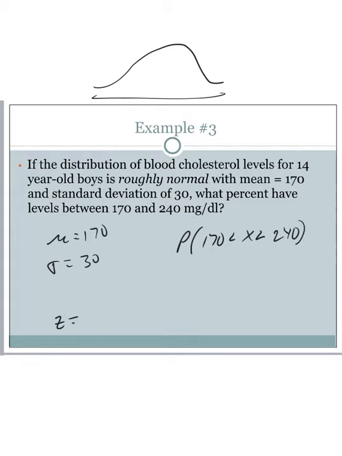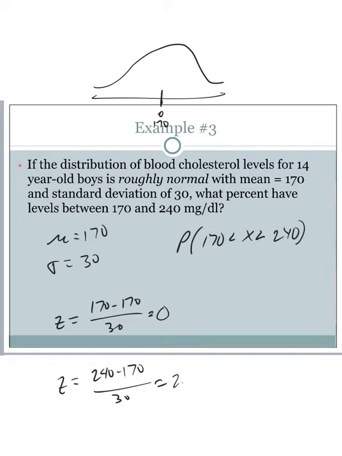So we naturally need to find two z-scores here. The first z-score is pretty easy, because it's 170, which is right at the mean, so that's dead center at 0. The second z-score here is 70 over 30, or approximately 2.33. So we are trying to find the probability that 0 is less than z, which is less than 2.33,